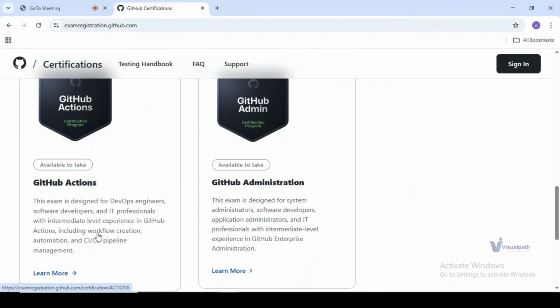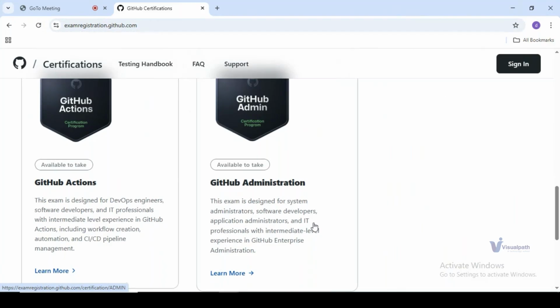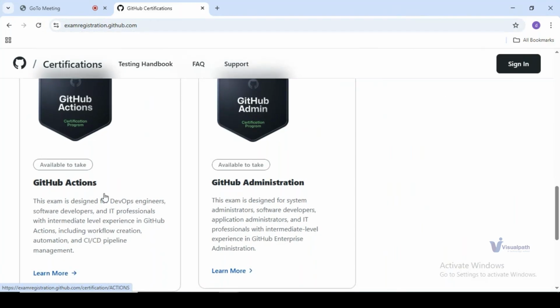So in getting the certification, how can you help me? I mean, can you help me with anything in getting the certification? Helping in the sense, I can teach you. See here, CI/CD pipeline management is one of the criteria it needs. So I'll tell you how to write the CI/CD pipeline and how to write this workflow from scratch, and how to play with GitHub Actions so that you can understand each and every topic related to this certification. Once you learn this course, you can cover all these certification topics and you can give